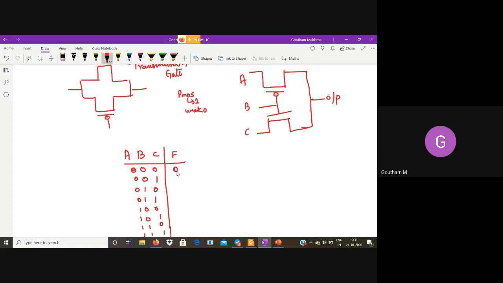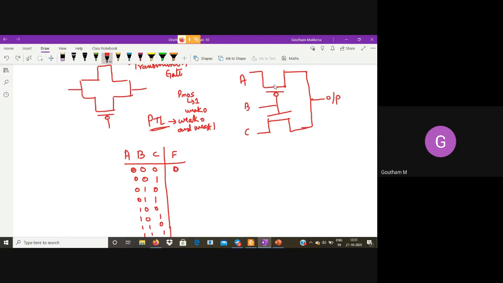Anyways, like with pass transistor logic style, I am okay with having a weak 0 and weak 1. So again here B is 0, what will the output be? When B is 0, which one of these two is on?